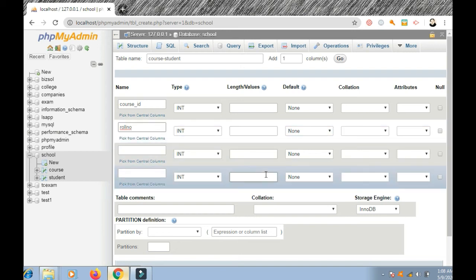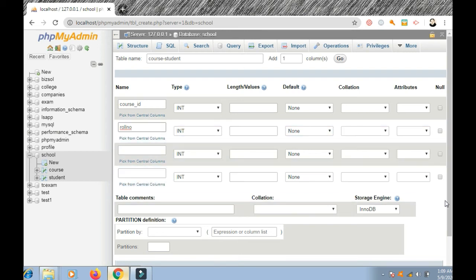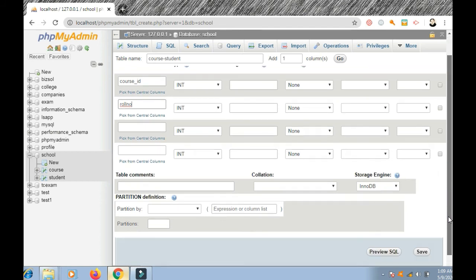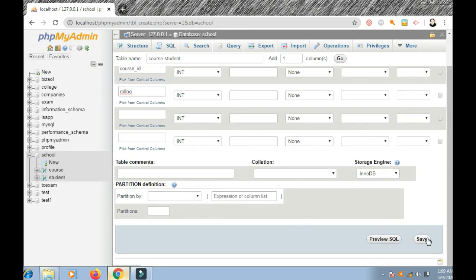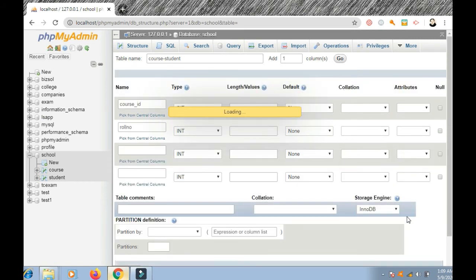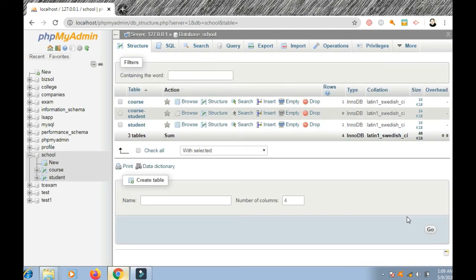Okay, and I just create this table. I save it. And it will add 2 primary keys. This is course student, the third table.